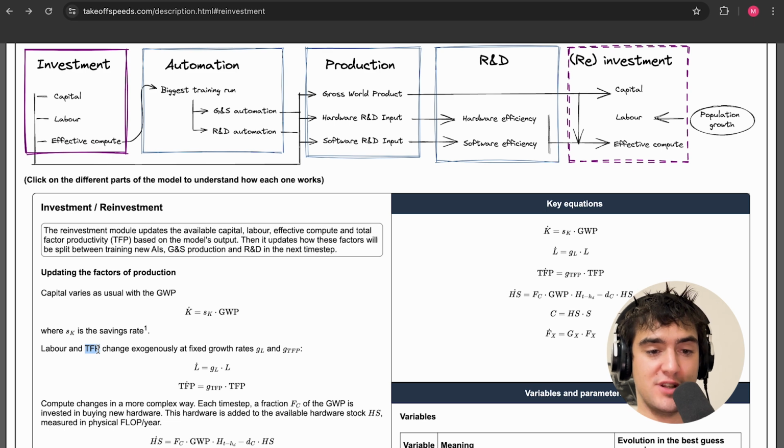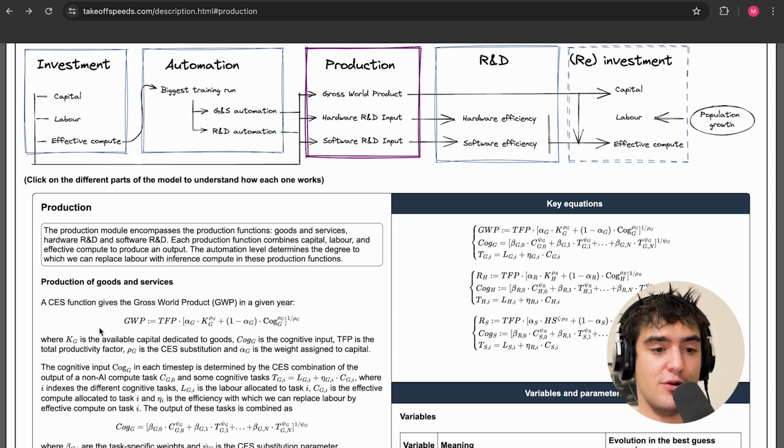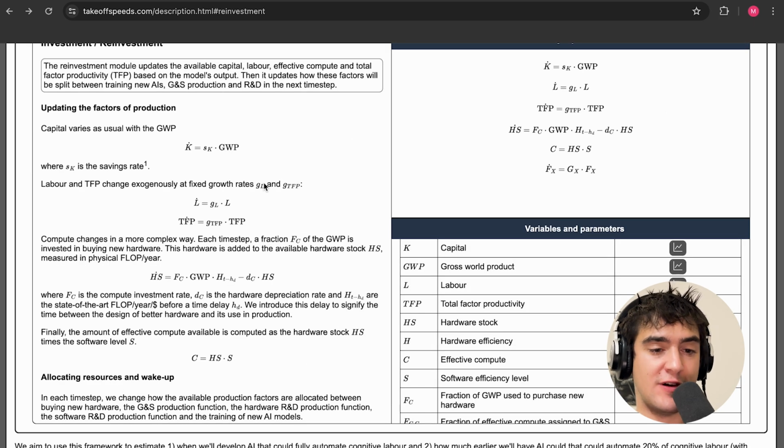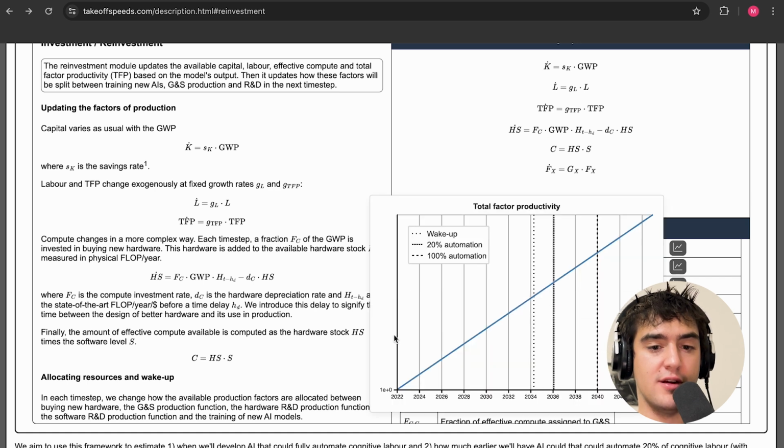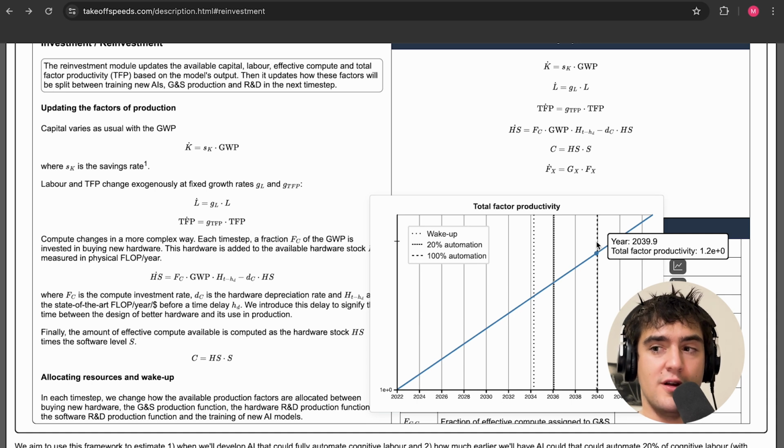If you're confused about what TFP or total factor productivity means, you can just look at the equations, and basically when you're trying to compute your total GDP, TFP is just a factor that you multiply to everything else. So you can think of it as how much innovation you have in the world, and this total factor productivity, or TFP, is just something that's growing at a constant growth rate. You can just think of it as all of these innovations or things in the management of your company that are not being taken into account with your model.